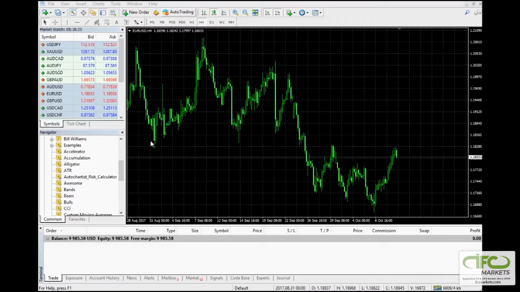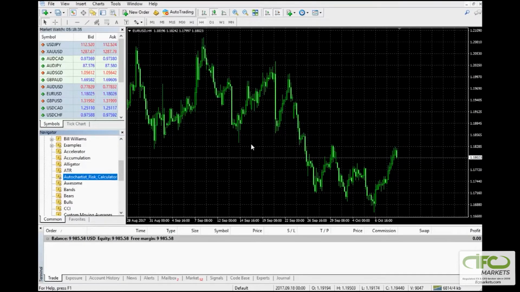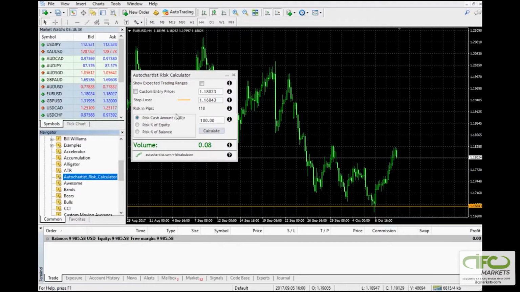This is why we created the Autochartist risk calculator, to help you set risk-adjusted position sizes for your trades. First, drag the Autochartist risk calculator onto your chart. You'll notice two components of this indicator that appear on the chart: the risk control panel and the orange stop loss level. So decide on where you want to set your stop loss and move the orange line to that